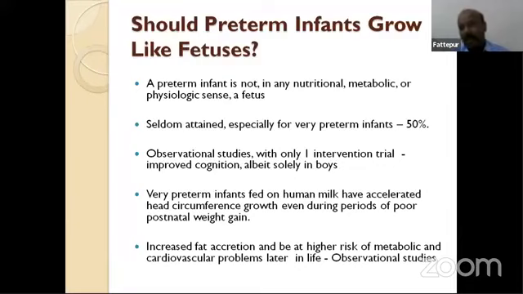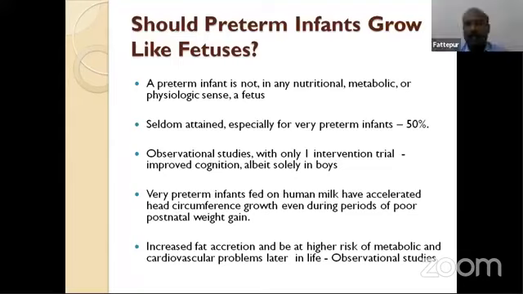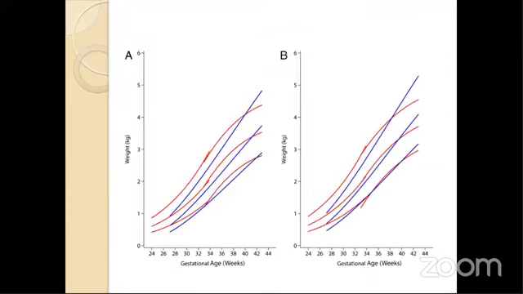And pushing the babies to be more overfed always leads to increased fat accretion. Though the weight is increased, there is a lot of abnormal metabolic tissue, like more fat, and a higher risk of metabolic and cardiovascular problems later in life. So these are the